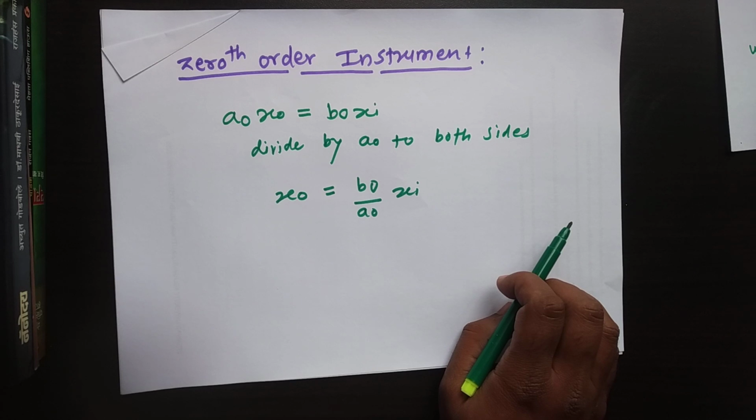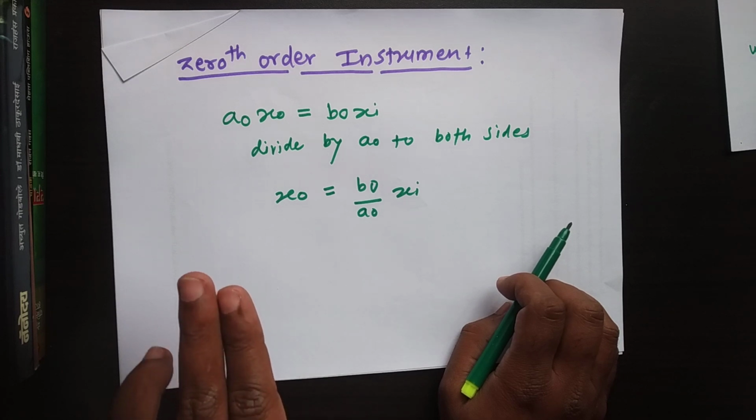So for example, if you have a thermistor as a temperature sensor, then input is the temperature and change in the resistance is the output quantity. So you have to consider like this, and you can define all these things for all instruments.